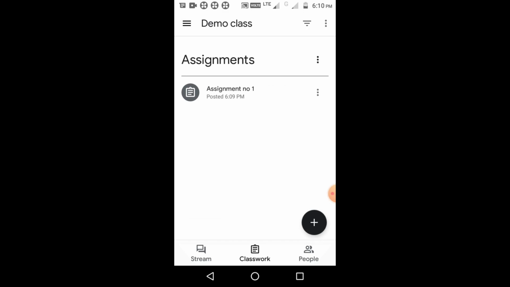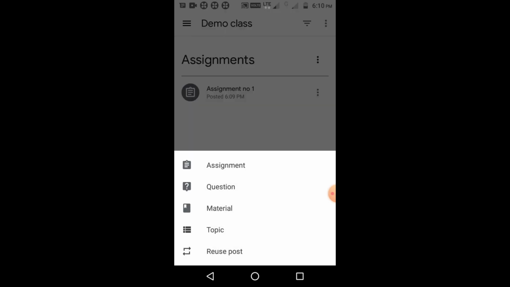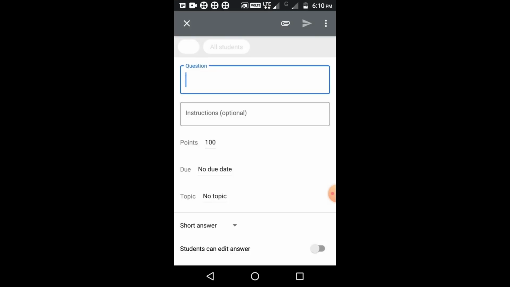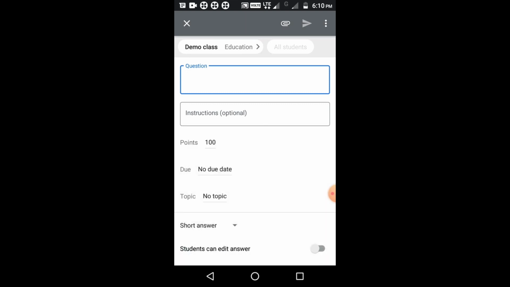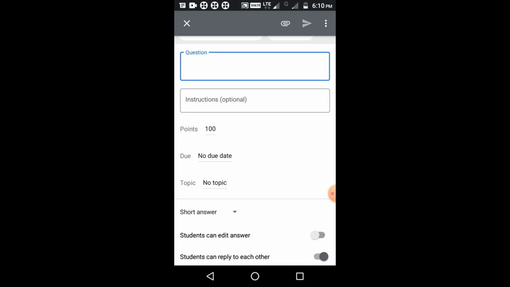Now the second option is a question. Just like an assignment, we can share a question with your students. If you want to add one question, you can add the question here, add the instruction to the student, add the points for that particular question, add the due date, and use the topic questions.